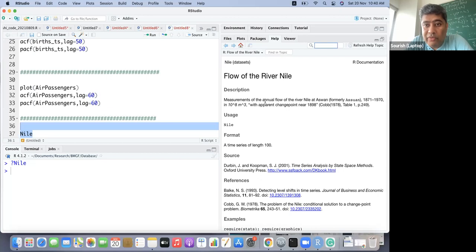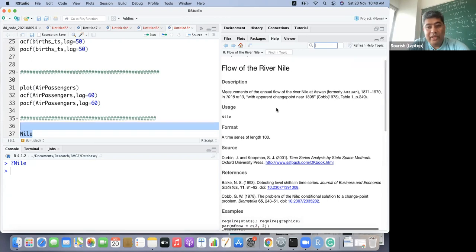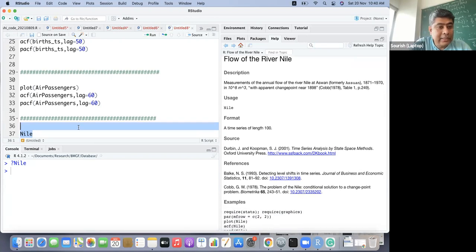It gives measurements of annual flow of the river Nile at Aswan between 1871 and 1970, with an apparent change point in 1898. So it's a very popular data set.